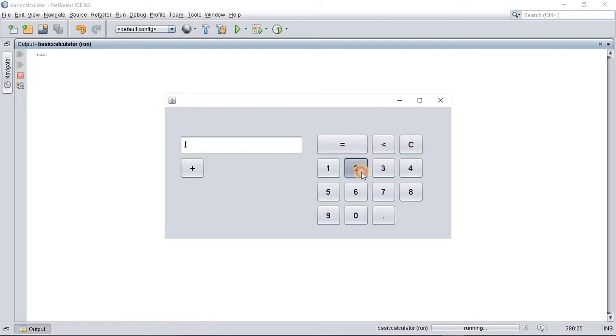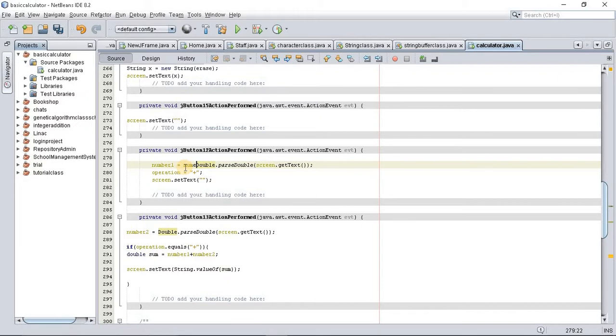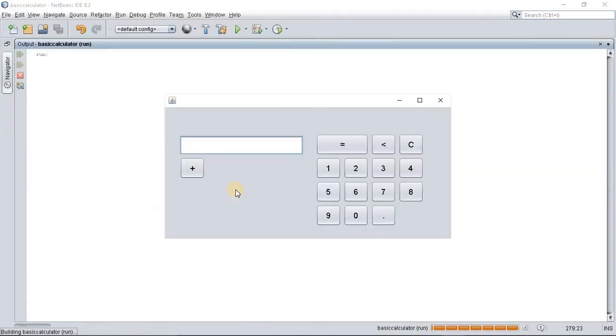So until you say 12 plus 3 equals plus 2 equals, that is a long way to go. So let's just make it simpler for our users by saying number1 plus. Okay, now if we run this file, you will notice a difference now, and this is what the difference is. Say 12 plus 3 plus 2. If you calculate this on your paper, you have 17, and if you click equals, the same value you have. But now if we clear the screen and say 1 plus 2, we are getting